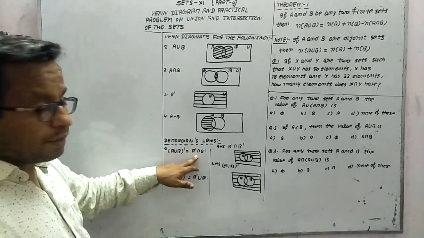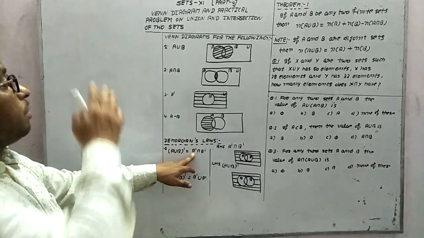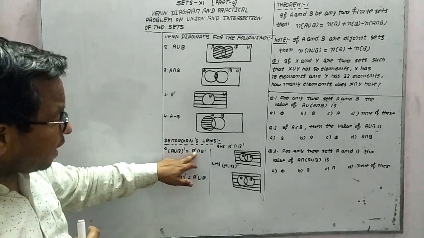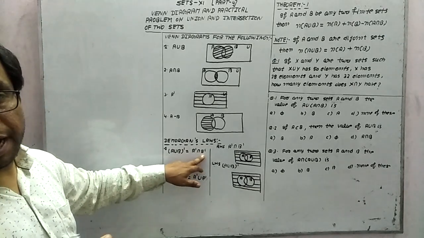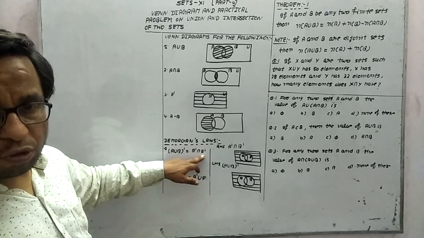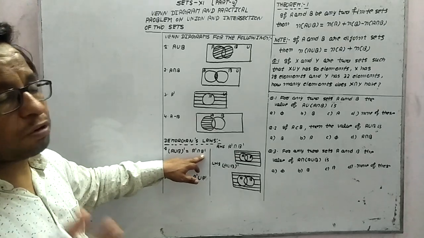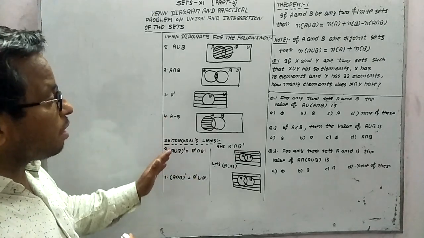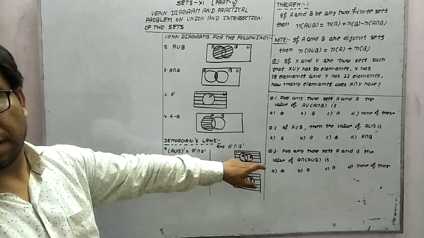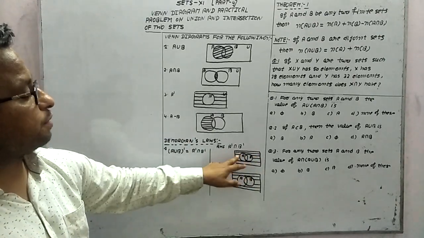Now right hand side you can do by that cross method also, or generally you can think A dash intersection B dash. A dash means all the elements of universal set which are not in A. B dash means all the elements of universal set which are not in B. तो जब आप इसे ही हॉरिजेंटल और वर्टिकल लाइन से करेंगे, then same portion will come. So directly I mentioned this thing.